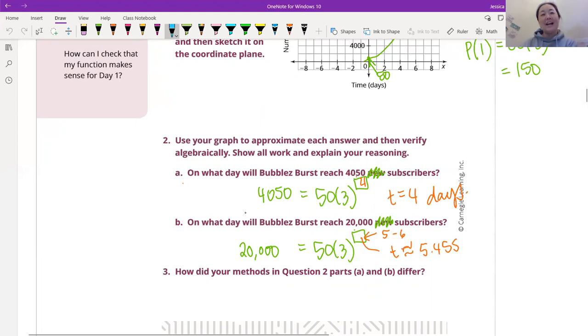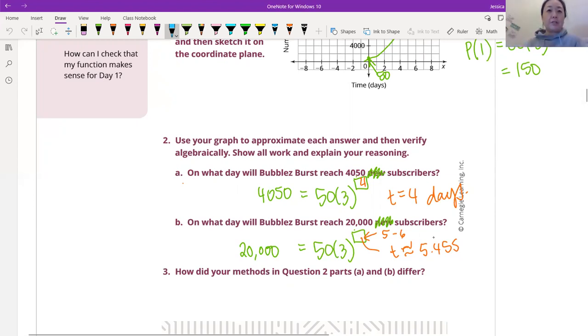But anyways, on what day will Bubble Burst reach 20,000? And so people tried 5. They tried 6, and 5 was too low and 6 was too high. And so we found some numbers in between, right? We tried 5.5 and that was too high, 5.4 and that was too low. So we knew it was between 5.4 and 5.5. And we kind of just kept on